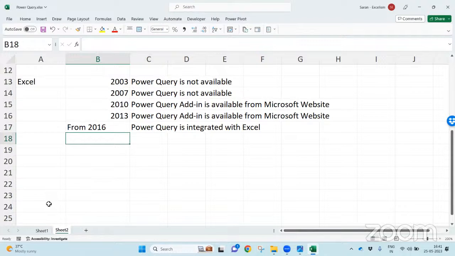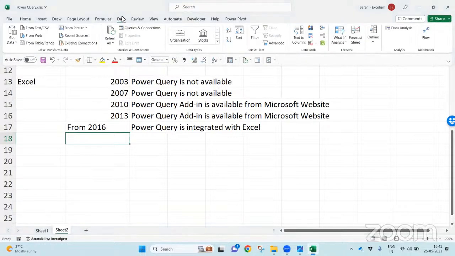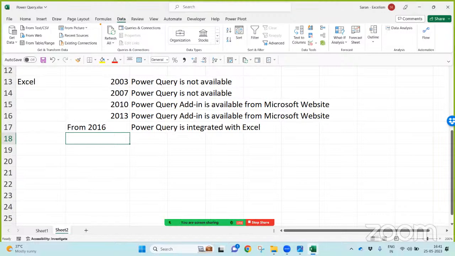Wonderful. Since I am using Office 365, let me show you where is the Power Query. Let me go into the Data tab, and I'm sure you can find a group called Get and Transform. This part, I call it Power Query. Get and transform data. You can get the data from any source, do the transformation, finally load the data back into Microsoft Excel. But Excel, if you want to become a master, it is an ocean.